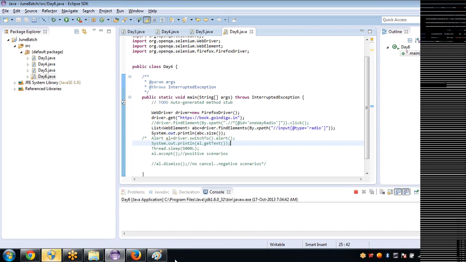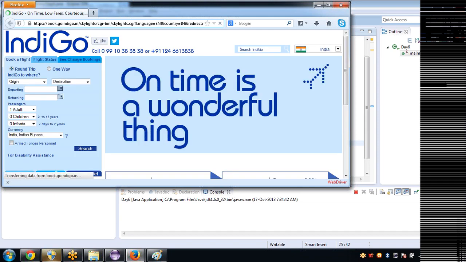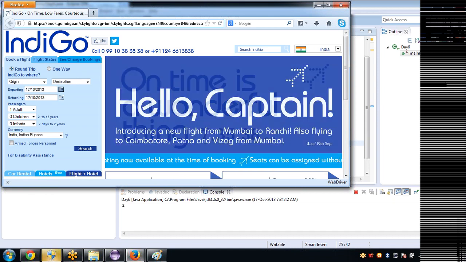So we still have 5 topics left. Today we are seeing checkboxes and radio buttons. Drop down we saw in yesterday's class. Radio button we are seeing now, later we will see checkboxes, and you will see how to handle some Ajax kind of elements. I will give you the overview of the syllabus left today at the end of the session.